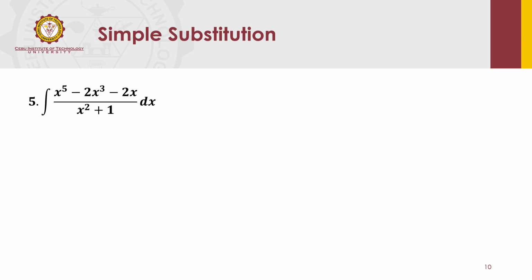But as you can see, if you let our numerator be our u, its derivative, from the first term alone, is 5x to the power of 4, which is not present in your x squared plus 2. Or maybe the other way around, x squared plus 1 as your u, but your derivative is 2x, which is not present in your numerator. So differentiation lowers the exponent.